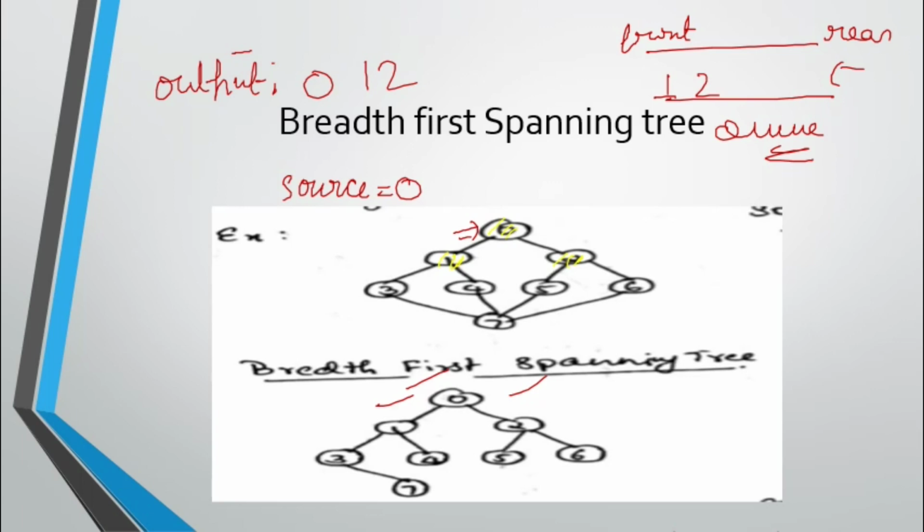Then now where to go, you have to see the queue. So from 0 you are going to 1, because 1 is there in the queue. So update the current working node to 1. Now from 1 you can go to 3 and 4, because 0 is already visited. So make them visited and draw 2 vertices down here, 3 and 4 from 1, and draw an edge between them. Also put 3 and 4 into the queue and into the output sequence.